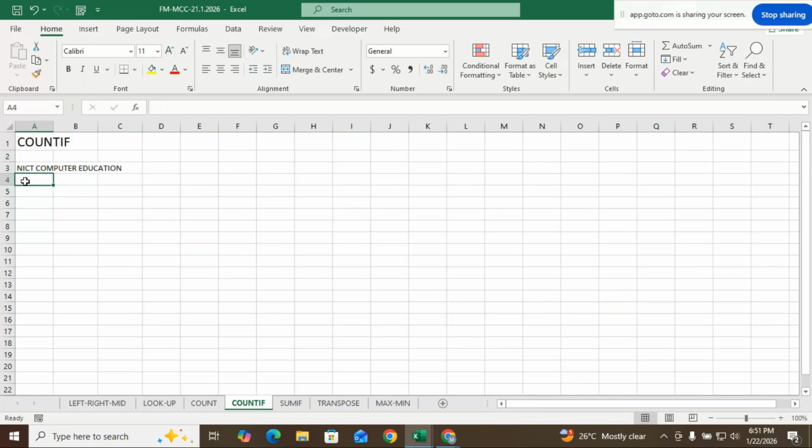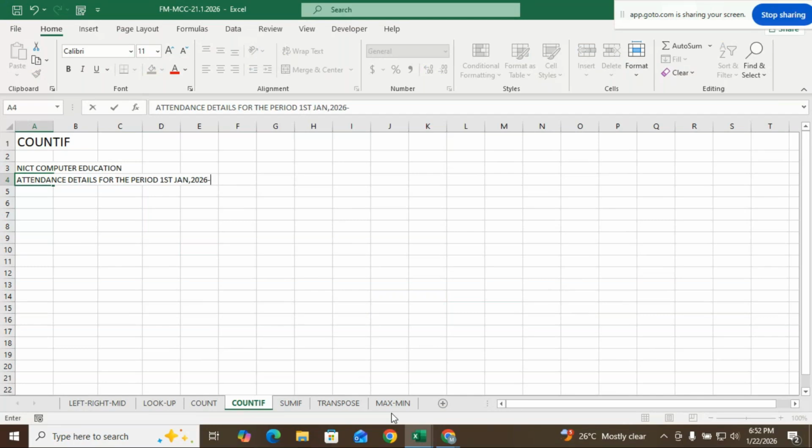So what you can do is row 1 for COUNTIF which I have given, row 2 you leave it blank, row 3 type your college name, Mount Carmel College, row 4 what you can do is attendance details for the period first January